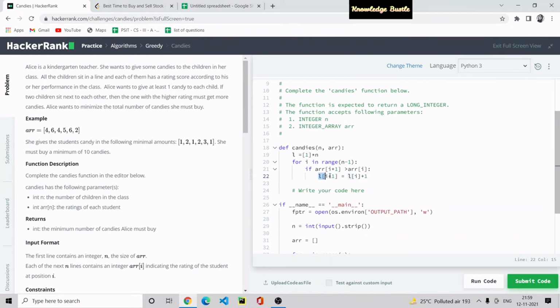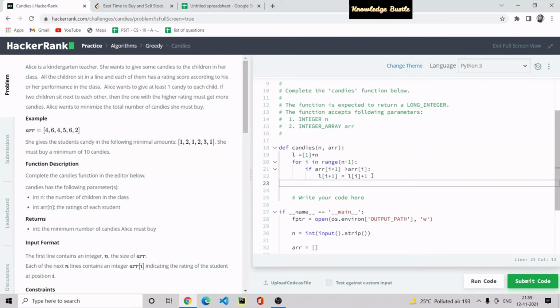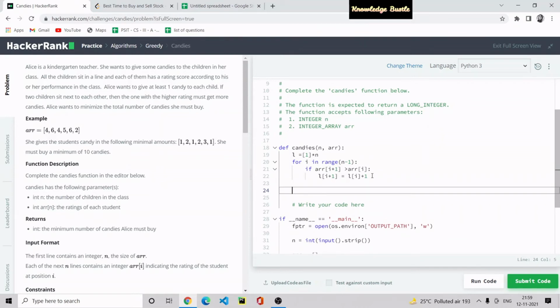So here L of i plus 1 has 2, as it is shown in the test case. We iterate over the array from left to right.